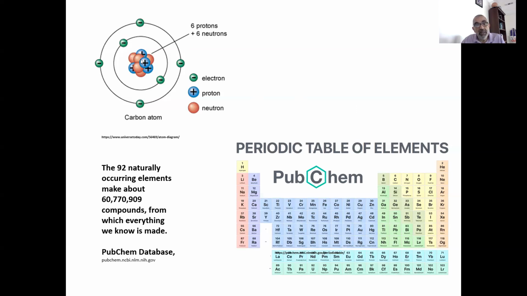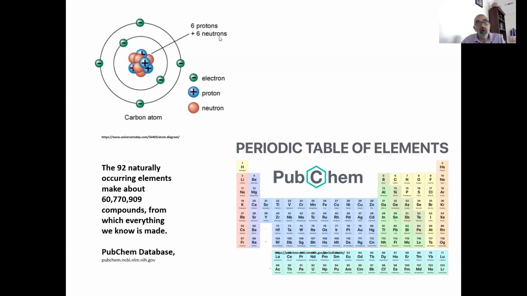So carbon, which is diagrammed here, has 6 protons. The most common form of carbon also has 6 neutrons. So it has a total of 12 nucleons, 12 particles in its nucleus, 6 protons and 6 neutrons, but its identity is determined by the 6 protons. There are other so-called isotopes of carbon and of many of the elements that have the same number of protons, because for it to be carbon, it has to have 6 protons. That's not negotiable. But the number of neutrons is negotiable and variable.